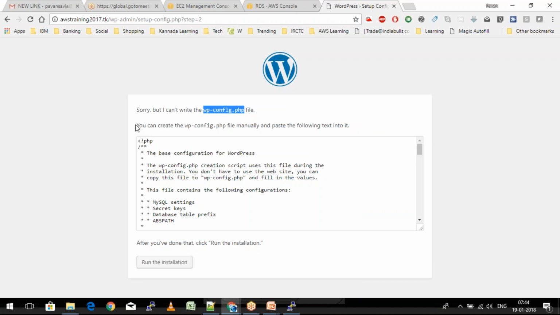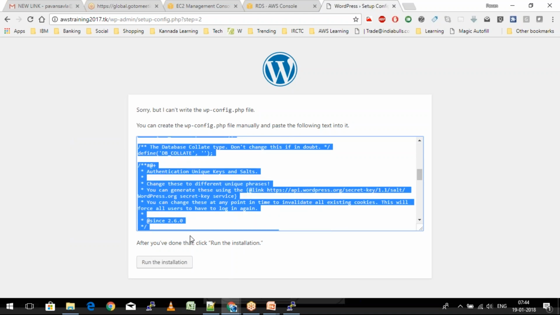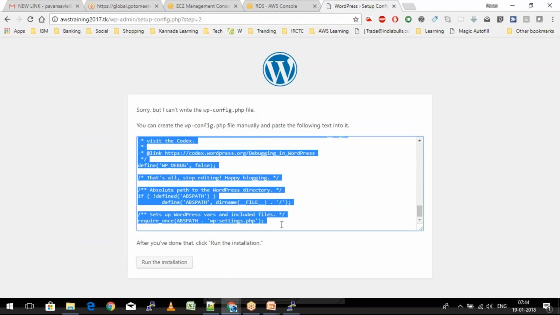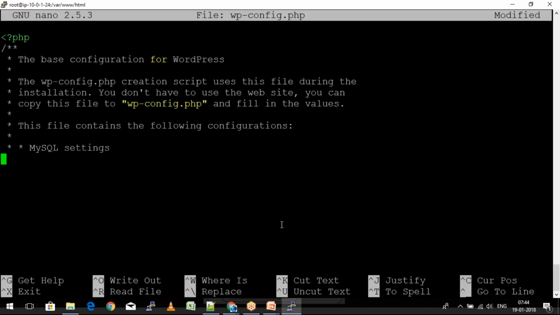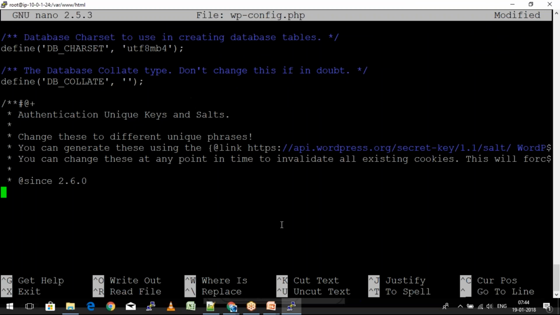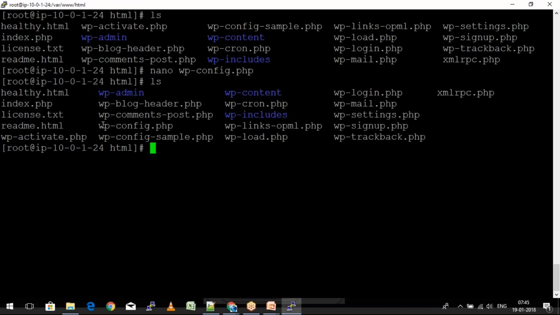So what I'm going to do is, it says that you can also create a file manually by copying this content and pasting into that specific file. So I'm going to go ahead and copy this, Control C, and then I'm going to create a file with the name wp-config.php and then store the entire contents in this, and then just say Control X, Y and enter. So we have now successfully saved the file by using the nano command wp-config.php. So if you say ls, you can see that there is a file with the name